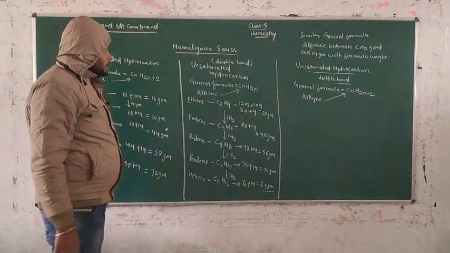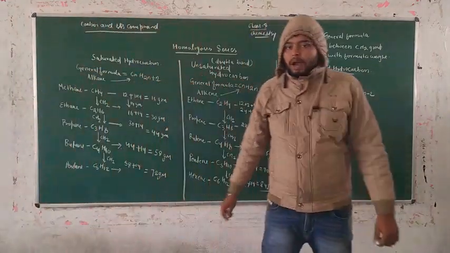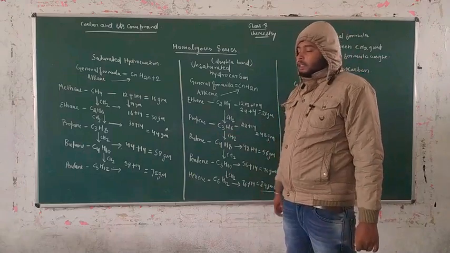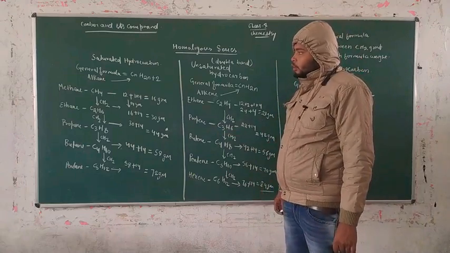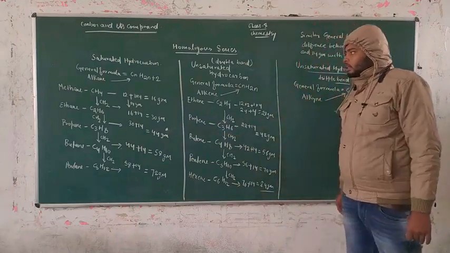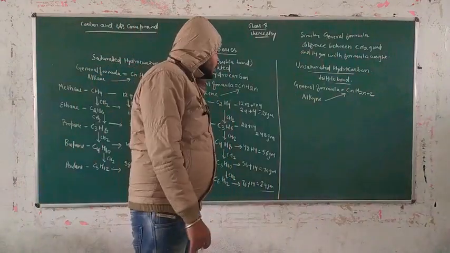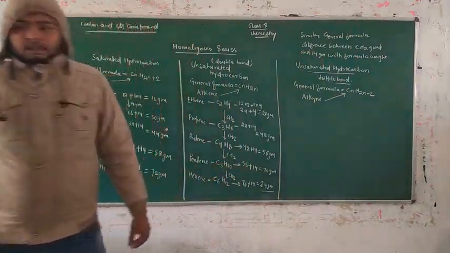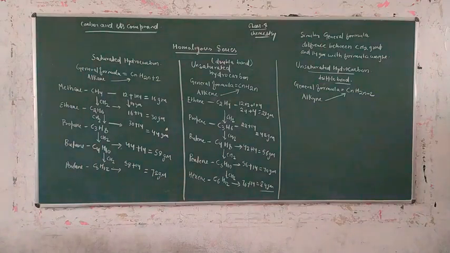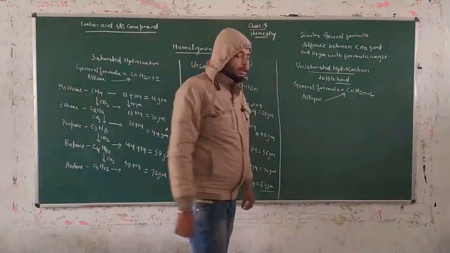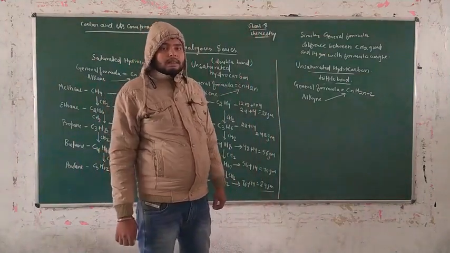That means, guys, according to the concept, we have to prepare two homologous series. Our first homologous series is the alkane series, and another one is the alkene series. So take a note of it. After that, we have to describe the alkyne series. According to this concept, we have to describe the unsaturated hydrocarbon, that is alkyne here,